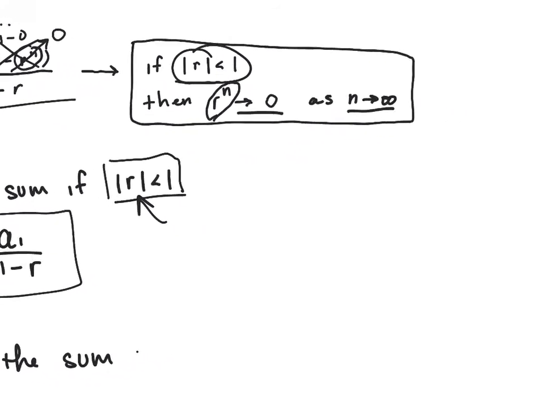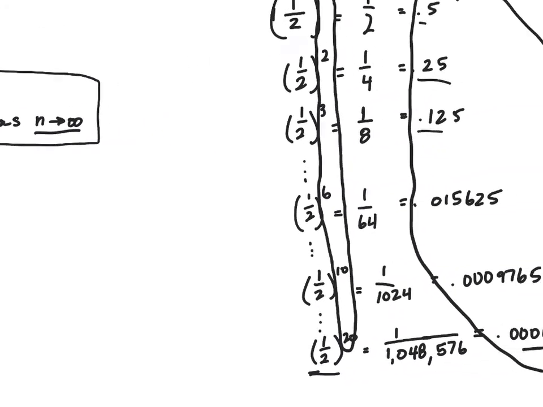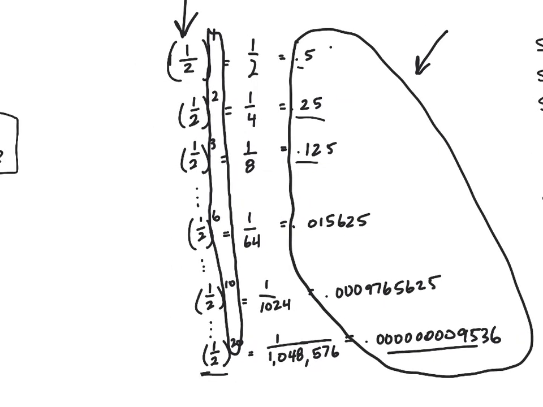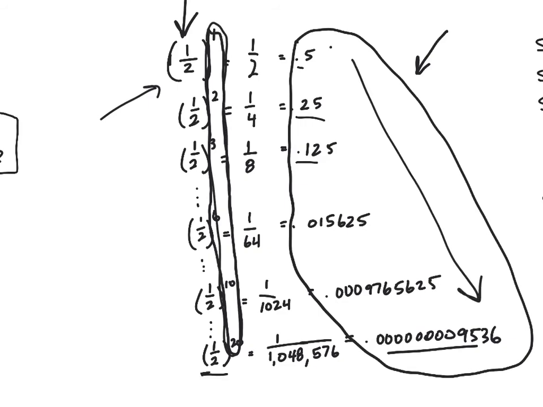Now, going back to this illustration right here, we discussed the fact that a value less than 1 that is being raised to an increasing power has values that start to decrease and head towards 0, or approach 0. I want to talk about what happens when you add values together where each subsequent term is getting smaller, or the values are approaching 0. So using the same value of 1/2 to the power of n,